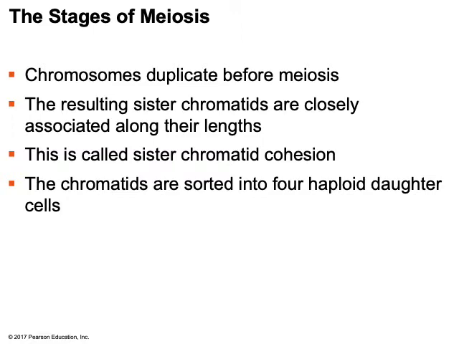And then in meiosis 2, we're going to separate the sister chromatids. So we're going to start with duplicated DNA. Meiosis 1, we're going to separate the pairs. So each of the daughter cells at the end of meiosis 1 is going to have either dad's or mom's chromosome. And then in meiosis 2, we're going to separate those 2 sister chromatids that are present in that X-shaped chromosome to produce the 4